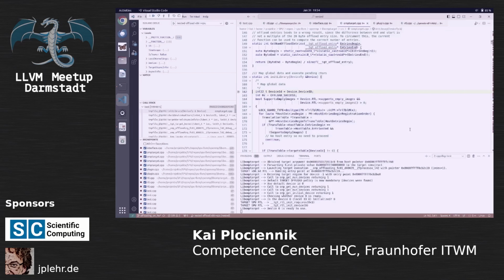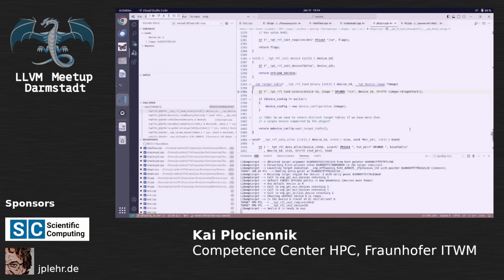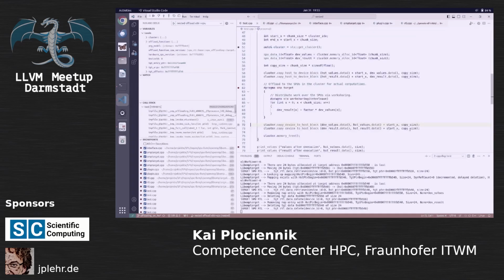We are entering the target region. We are again initializing the library. We load the device image, in this case the device image for the SPU. We load the corresponding binary code in the SPU's offload plugin. And now we can launch the device SPU target region. We cannot debug into this because it's not a general purpose processor, so let's simply continue. Now the target region for the SPU has